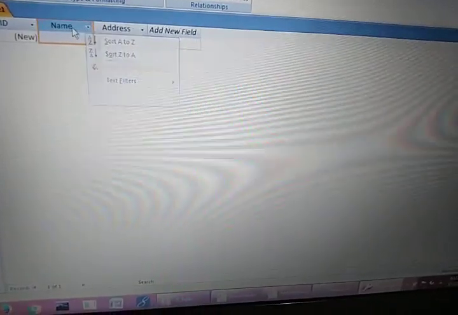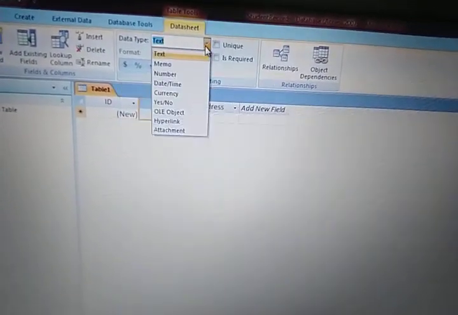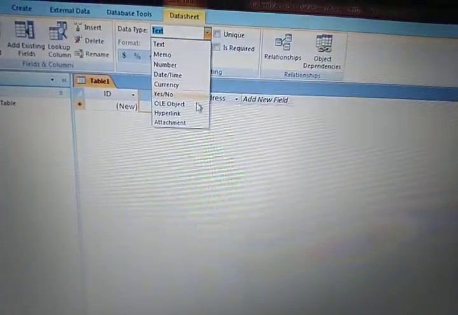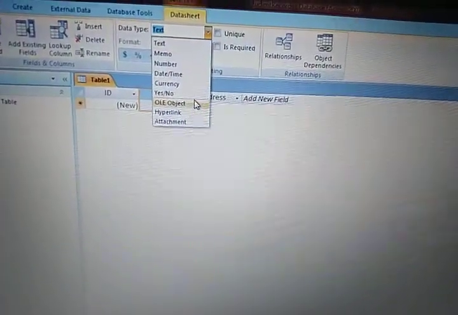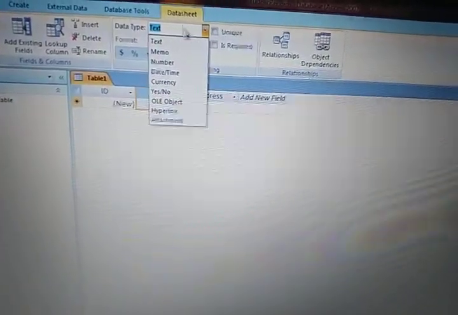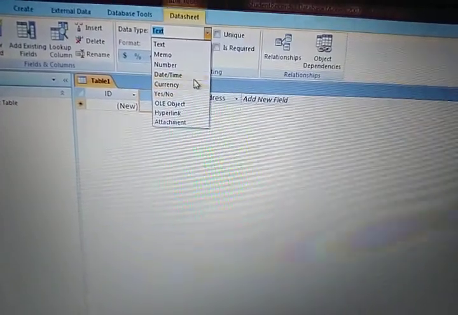And for this particular column, see over here it is asking you the data type. What data type do I want to store for the name? See all the data types over here which you have to read out, students: OLE object, hyperlink and attachment. 3 other data types are also there. The rest I have already covered in the PowerPoint presentation slides.